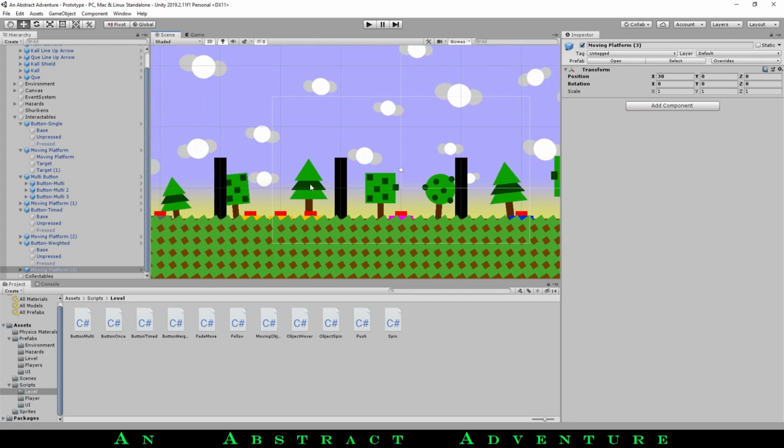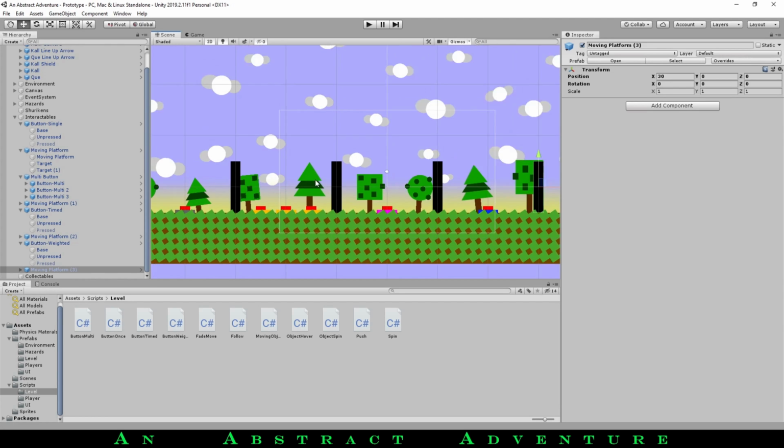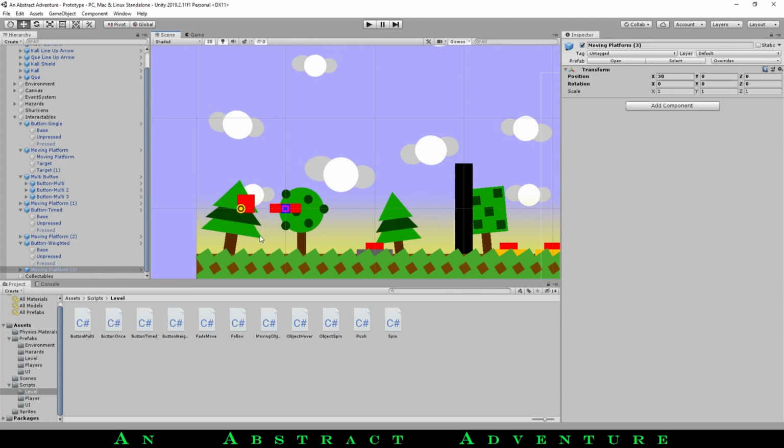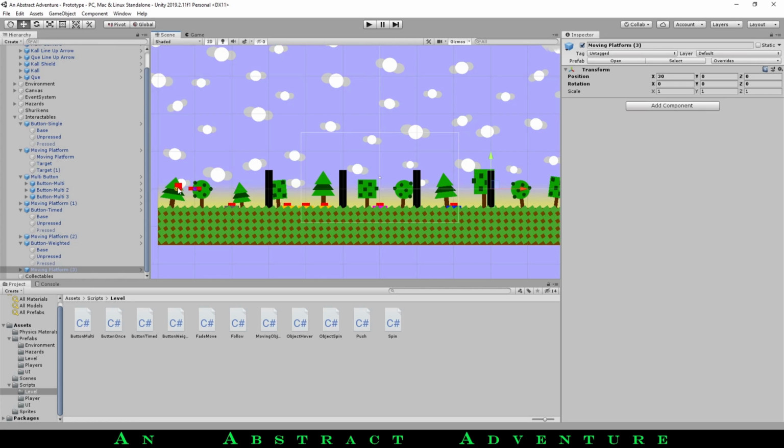As well, we could have more fancy camera work where you press a button and the camera pans over to the door now opening, and then it pans back to the player. But again, we'll deal with that more when we actually get there. We could also make buttons where only the cube can press it or only the sphere can press it. But again, we'll do that sort of stuff when we get there, if we know for sure that we're going to do that, because I don't really know if I'm necessarily going to, because just having one player hold down one button while the other player is able to go seems to work